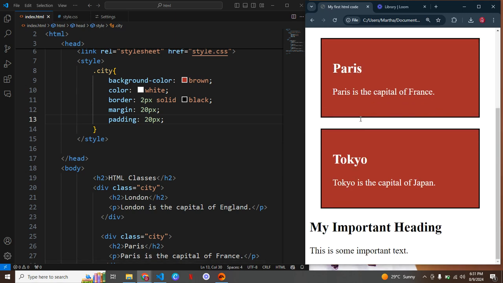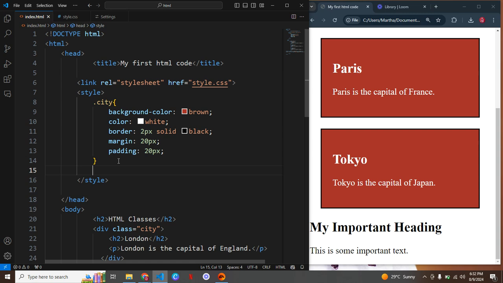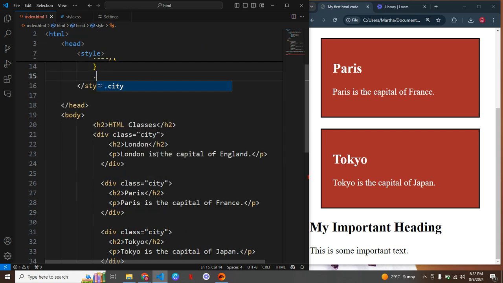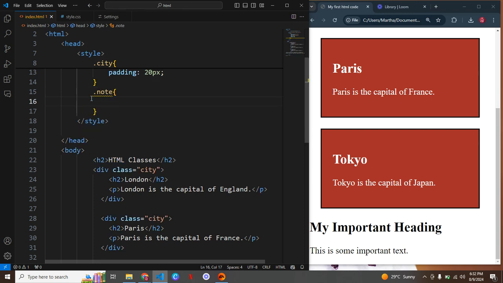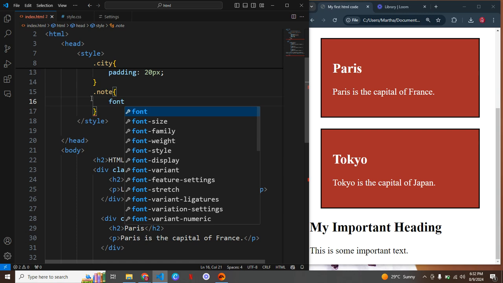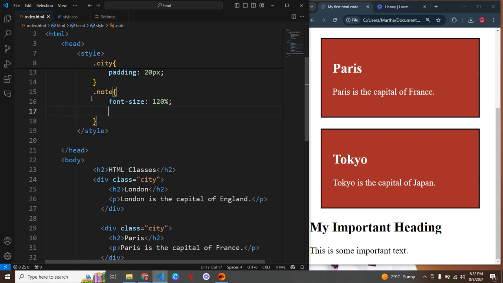Now that we've styled this, we have a different class which we want to style. Remember the syntax, we come down here, we say dot, what is our class here? Our class is notes. So we're going to style this. Let's increase the font size. We want our font size to be 120%, and we also want our color to be brown. If we refresh this,